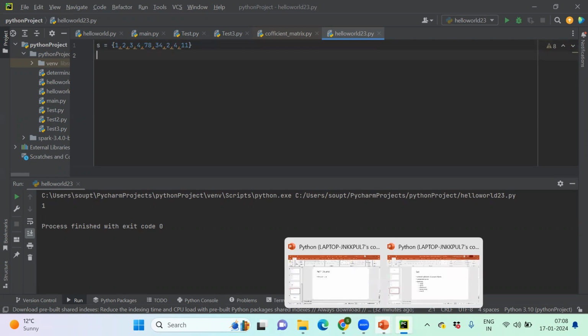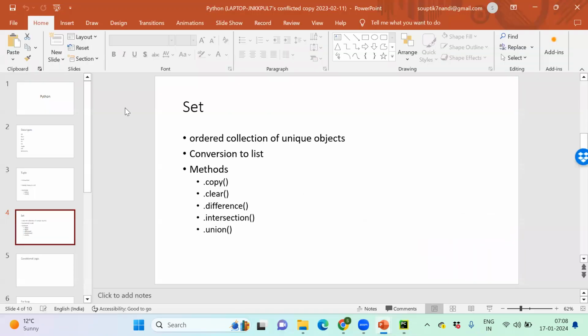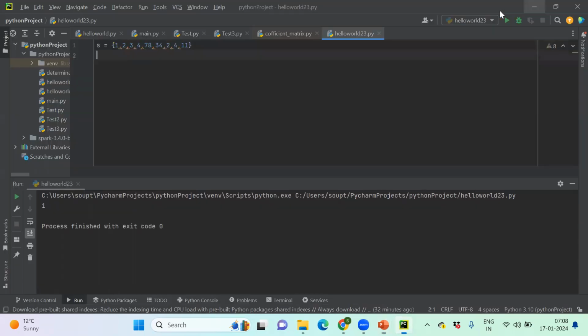So there is a bit of a difference in set. Let me just repeat the thing. It's an ordered collection of unique objects. The first line is very, very important. If we declare anything in a set, if I'm just going to print it,